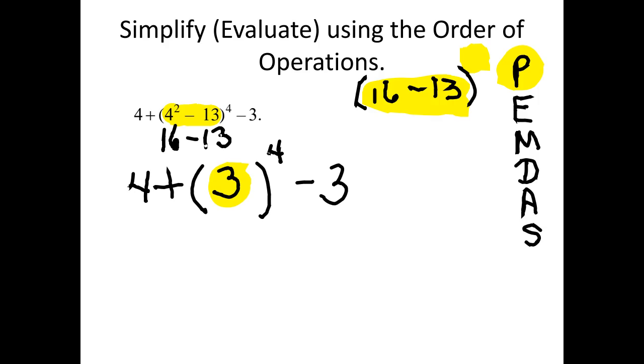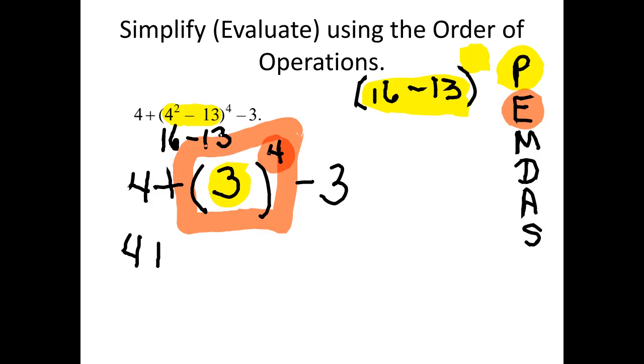Now, this is your choice. We are going to do exponents. That's this little 4. Now, taking just this piece, notice what I do. This is 4 plus. Now, right here,